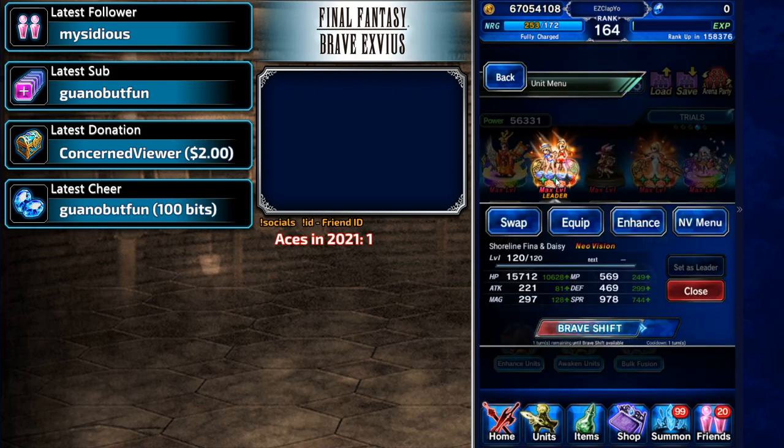Now, the three things that make this possible, that we didn't have before anyway, were preemptive covering tanks, right? So Shoreline, Fina, and Daisy come with magic covering as soon as the fight begins. You don't have to cast it first for that first round. Secondly, characters that fill evocation very quickly is the second part of this recipe, and the third part is,